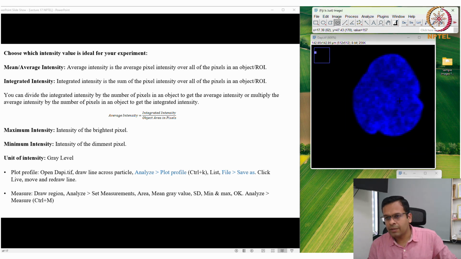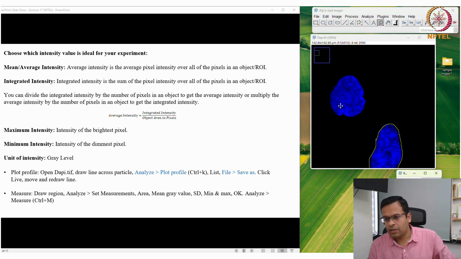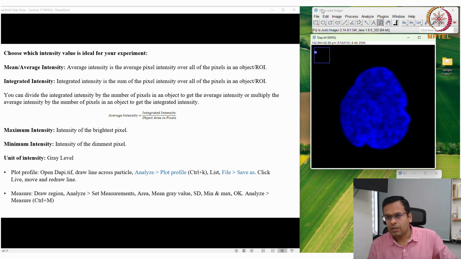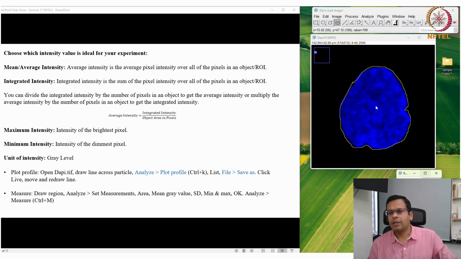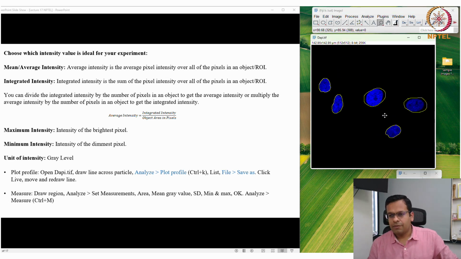Oh, I didn't add the previous ROI, so let me go back, add it, and this is my 5th ROI. Okay, and add it. So see, these are 5 nuclei, and we made an ROI against each of these, right?